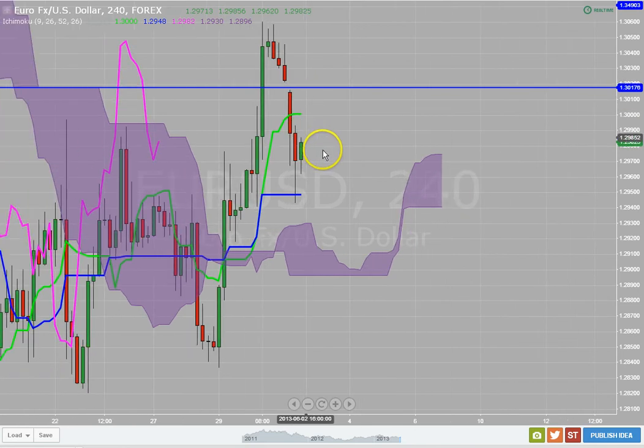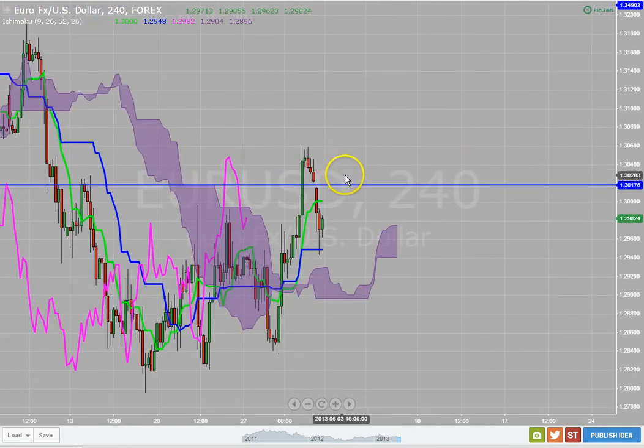Okay, but then what really will look good for us, since the daily time frame is still bearish and not really showing us anything, is this level right here. If we get above this level and close above it, that is the daily Kijinsen. That means price closed above that level on the daily time frame. If price closes above that level, this also means that we have a change in trend maybe. So anytime you close above the Kijinsen or below the Kijinsen, that can represent maybe a possibility of a change in trend.